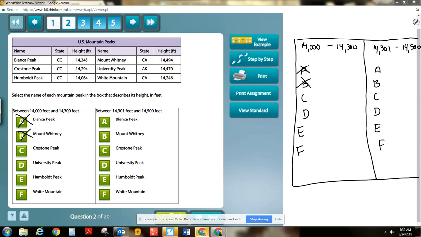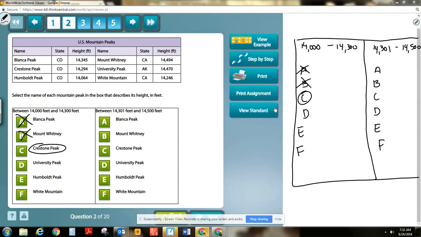14,200. Oh, yeah, that's in between. So you would circle it on your pink sheet here. I'm going to check all of them. Remember, we want to be in that habit of checking all of our answers. I'm pretty sure it's going to be C, but let's check University Park. I'm looking at that 100 spot, right? Because they all have